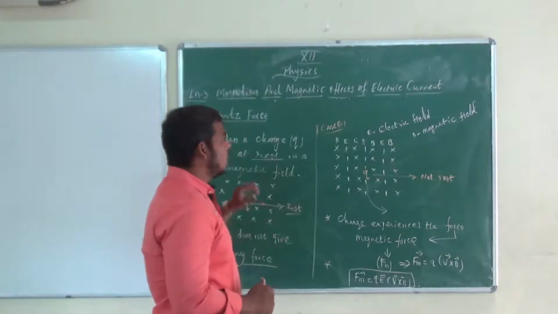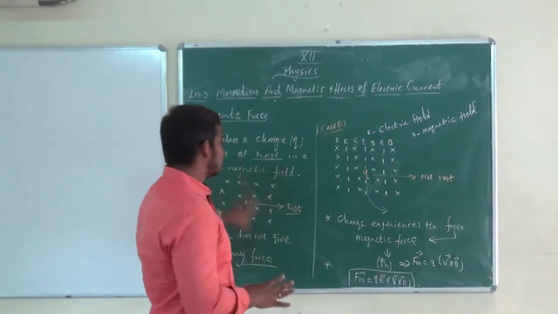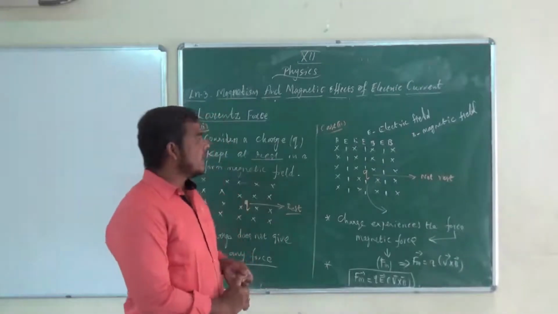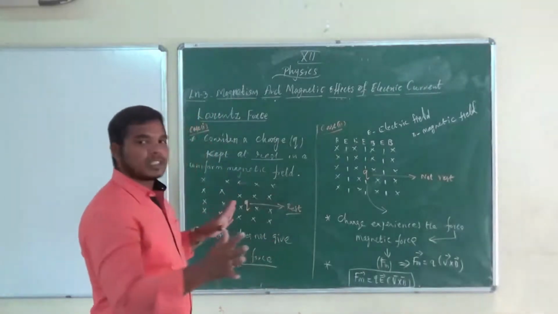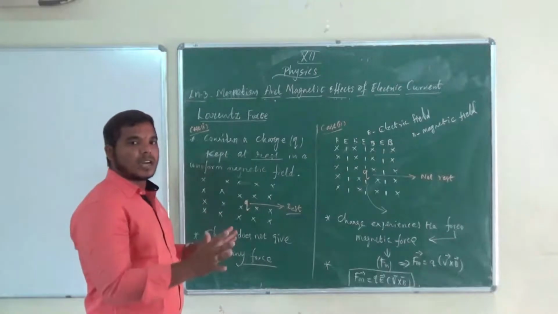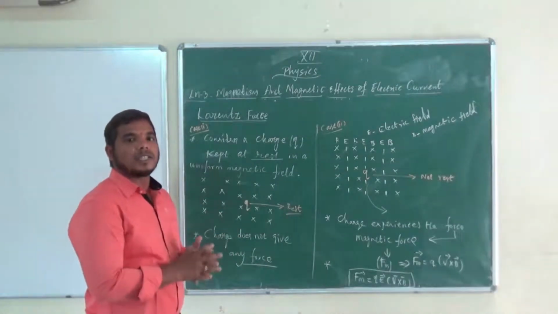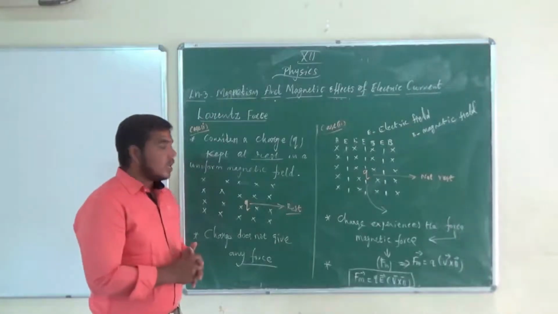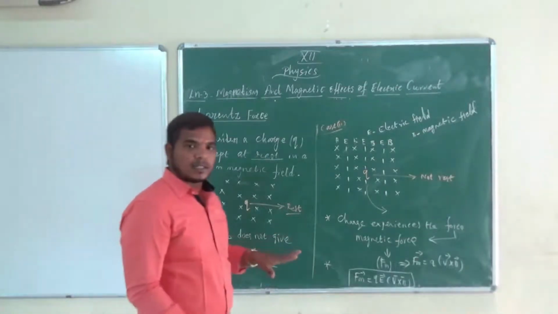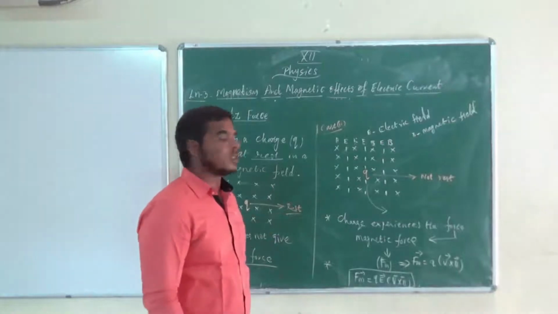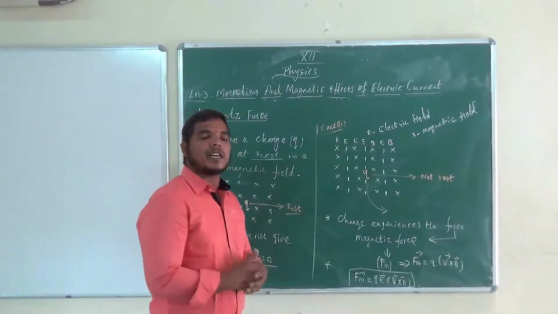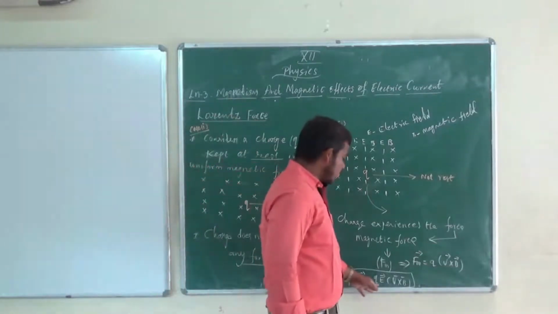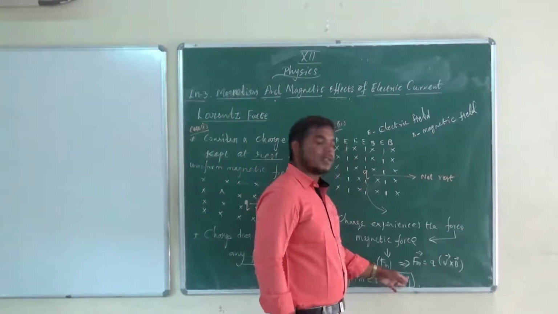This is the introduction to the magnetic Lorentz force. Here they may ask a one-mark question. How will they ask? When the charge is kept at rest in the uniform magnetic field, what does the charge experience? The charge does not experience any force. If the charge is not at rest, it definitely experiences magnetic force. If the charge is kept in both electric and magnetic fields, it experiences the force F equal to Q E vector plus V cross B.